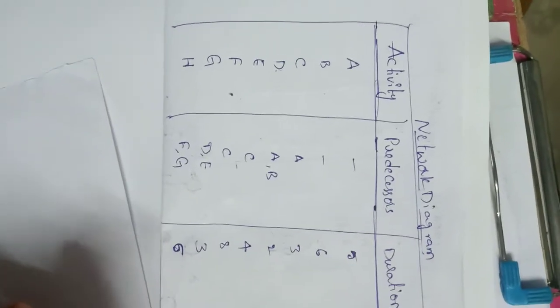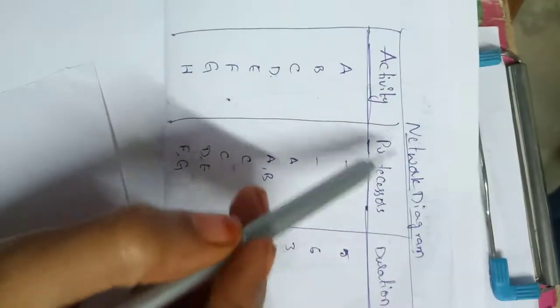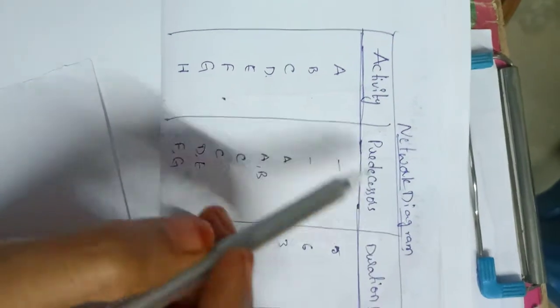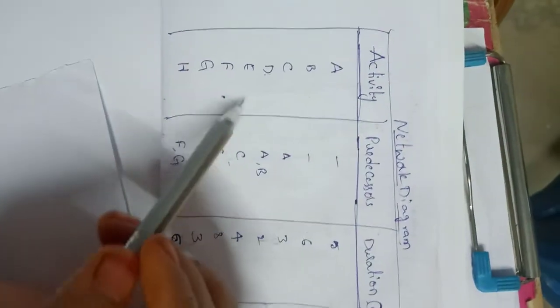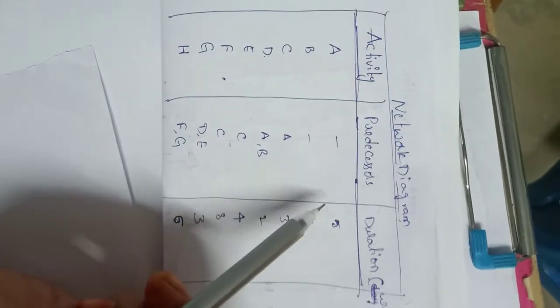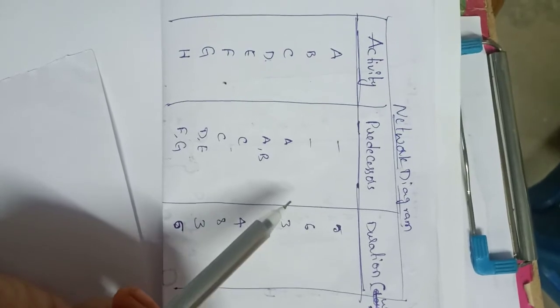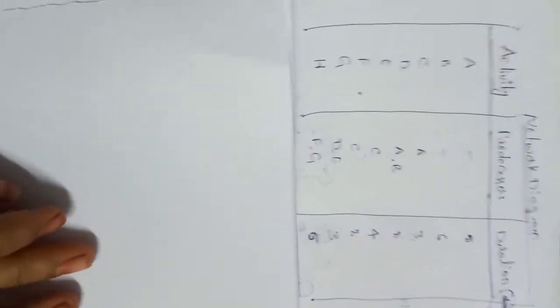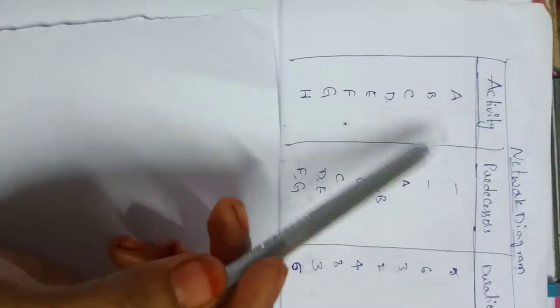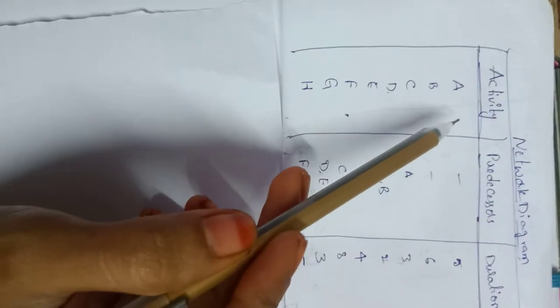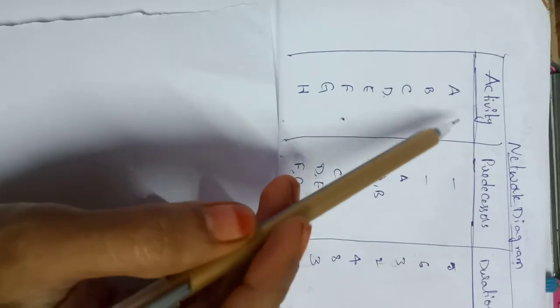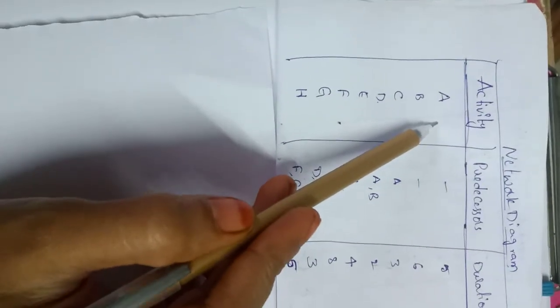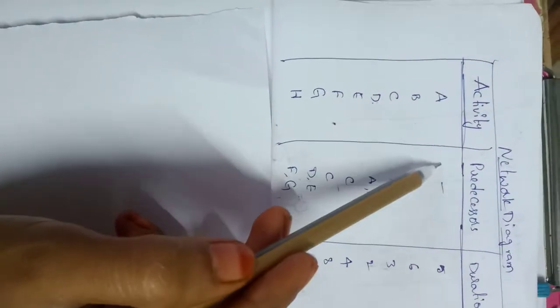Good morning, students. Today we'll see how the network diagrams will be drawn using the activities and their relationships. Also, they have given us their durations. Now first, in the given details we need to identify what the starting activities are. For the starting activities we will not have any predecessor activities.